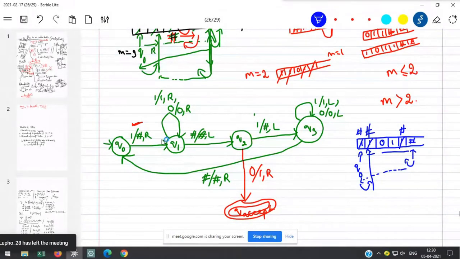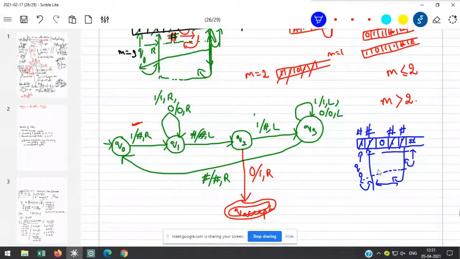This recursive process is happening here. And then at Q1, whenever you find ones and zeros, do not disturb them. Keep moving towards the right side till you find hash. If you find hash, I'm moving towards the left side, and this is happening here. Q2, if you find 1, then cancel it by hash, and then keep moving towards the left side till you find